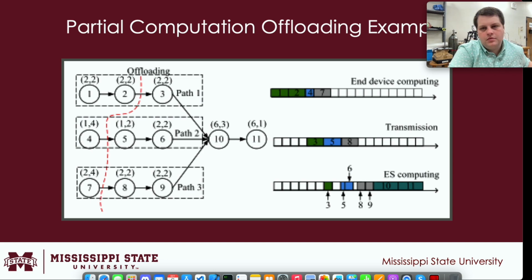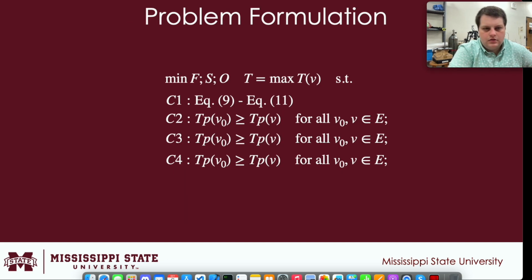Next, I'll go over the problem formulation, as seen here. The objective of the problem is to minimize DNN inference time, which is a minimization problem, which focuses on the FL strategy, the optimal path scheduling, and the optimal path offloading strategy. Here we can see that DNN inference time is T, which represents the completion time of the last layer, considering computation dependencies, where we have several constraints, C1 through C4. Here, C1 models the completion time for each layer, where C2, C3, and C4 define the computation dependencies.